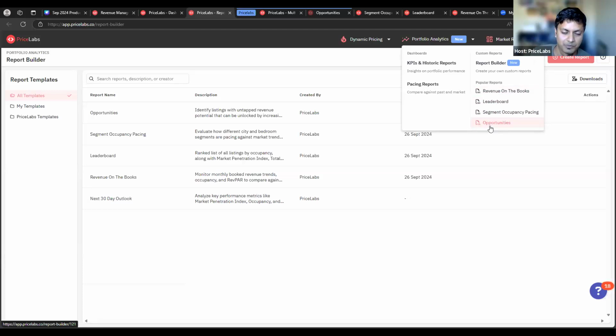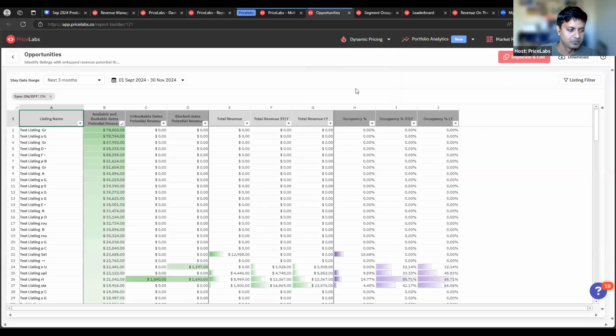have brought up in the past to say, hey, is there a way to do this, or is there a way to do that? The first one I want to go into is what we call the opportunities report. The opportunities report essentially is, and this is a test account, so the data is sort of made up in some way. So the names of the listings are not real here, but each of these rows is a listing in this table. And then I've selected a date range of next 3 months and said, okay, I want